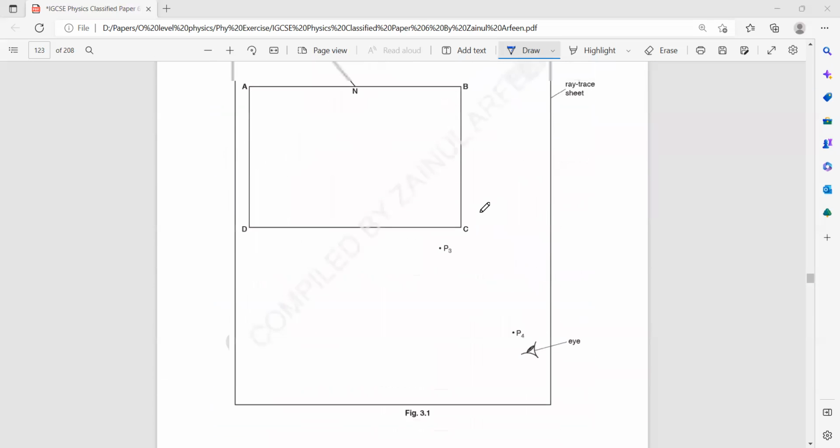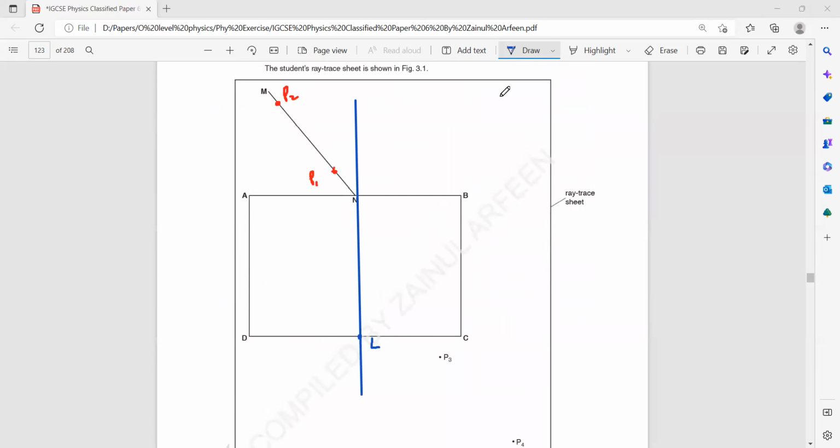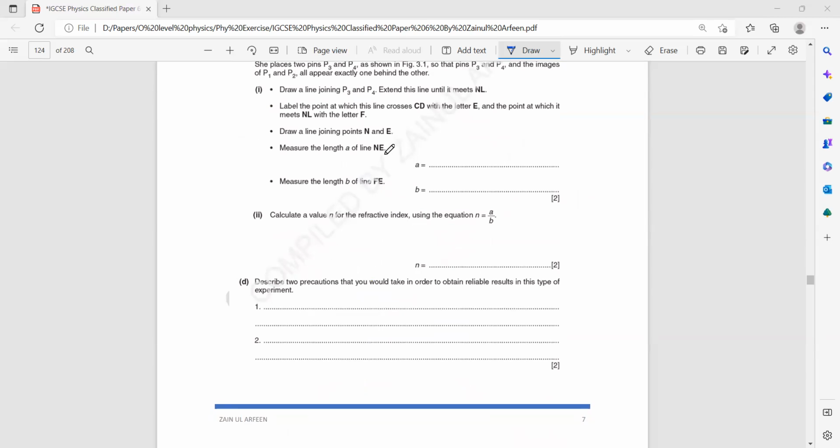N and L. So what we have to do, we have this P3 and P4. We have to draw a line from P3 and P4, and we have to extend this line until it meets N and L. And this position where it meets N and L, what we call this, we call that as